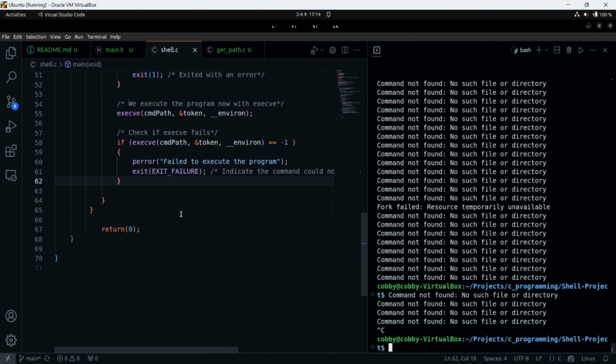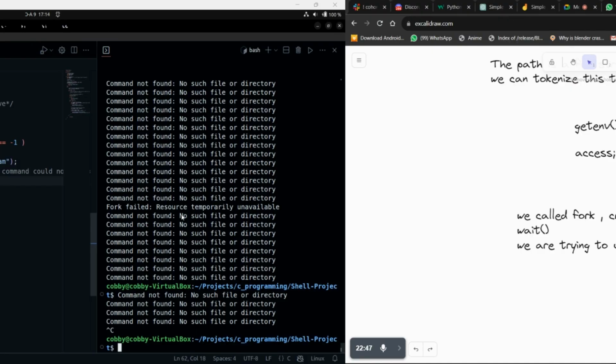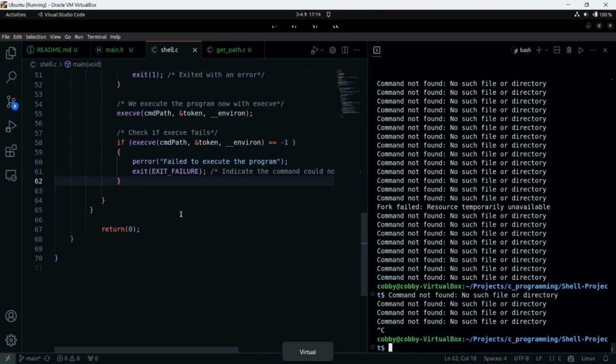Where will our wait be? In the parent process, okay. Anyone else?